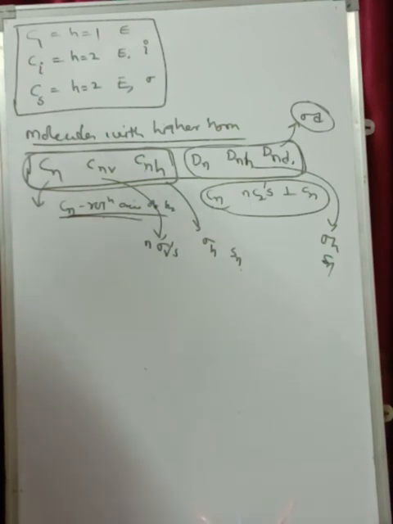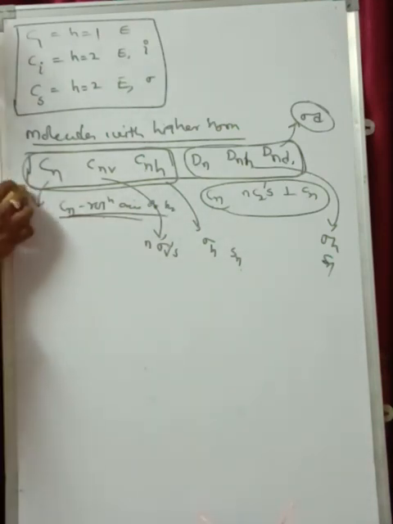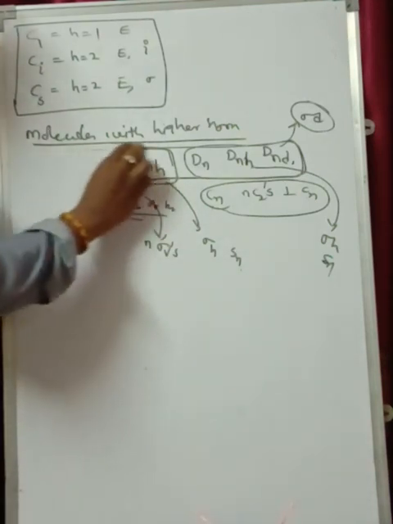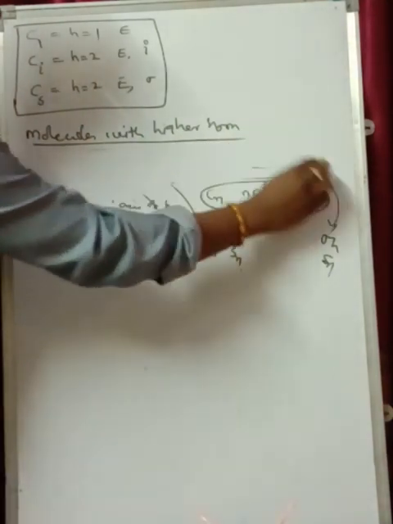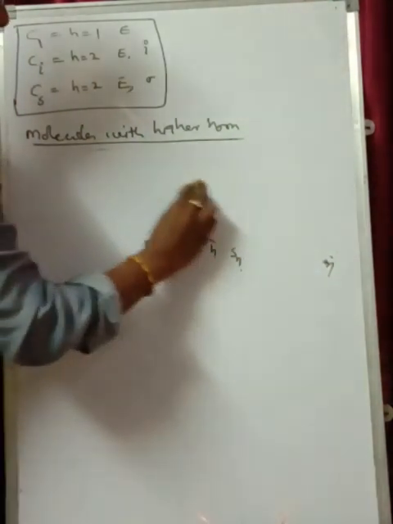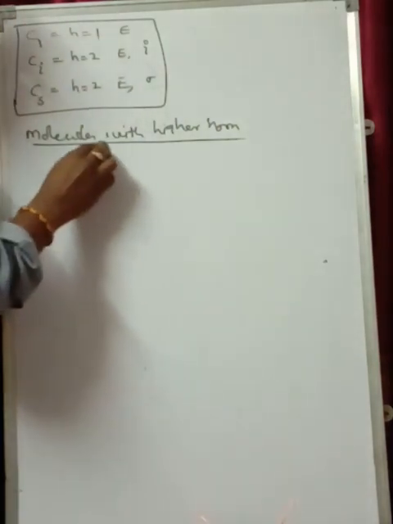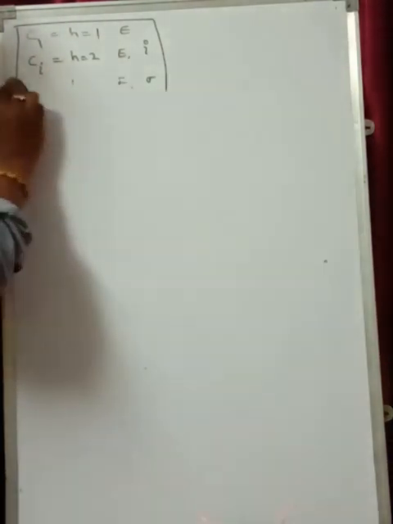Now let us continue with the Cn point group. What is this Cn point group and what are the examples related to it? The point groups here, in this case the molecule has only Cn rotational